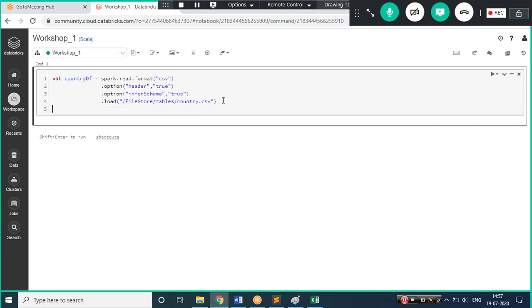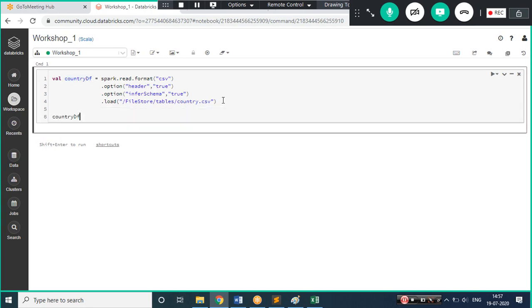How we do it in a Spark data frame, we just try to do this and we try to show, but show does not work over here. So there are just small differences; every ecosystem has a different flavor. Here, we need to write display instead. Okay, so let me do that.